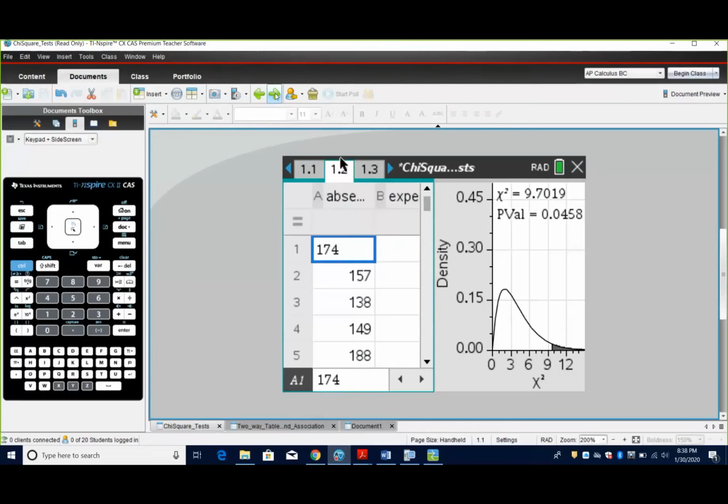So it kind of goes through the different steps, here's your table, all right, and then it shows you the chi-square value, the p-value off to the side here, and it opens up the discussion of, oh, is that what the graph looks like for a chi-square? What does that mean? So I'm hoping that in your class you can get into a discussion between the table and what these graphs stand for. And you have the ability to say, oh, if that's 174, what if it was really 180, okay, and I change that, then you'll notice that the chi-square and the p-value change and the graph changes off to the right.